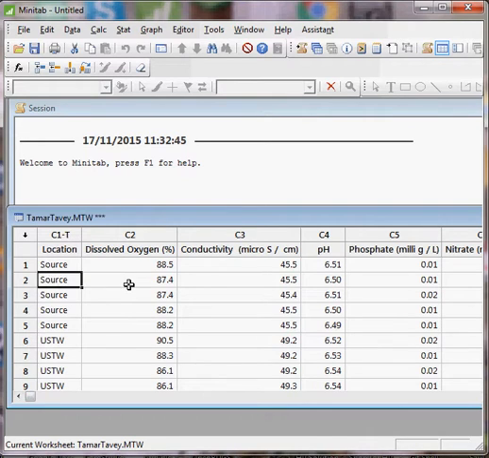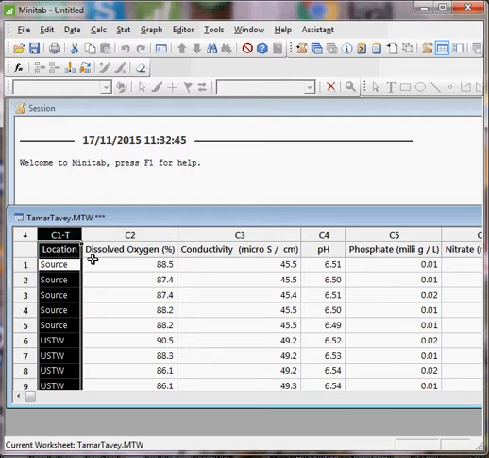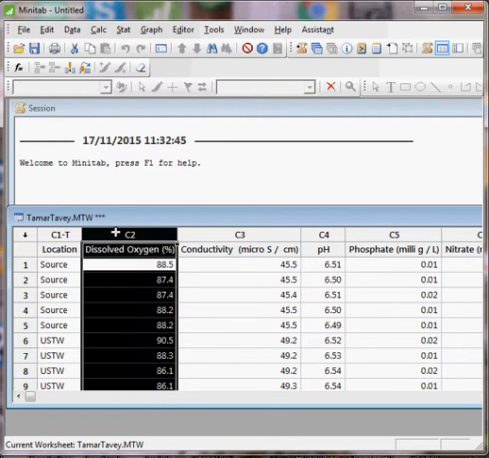Move down a row, same recordings but on a different sample of water. And then by the time we're at row 6, this is a particular sample that was removed from that location, and at that location we recorded again the same variables. So we basically end up with what looks like a column with a lot of duplication because it's identifying the source, the place we took the samples from, but then we have a single column that tells us everything about the dissolved oxygen that was recorded all along